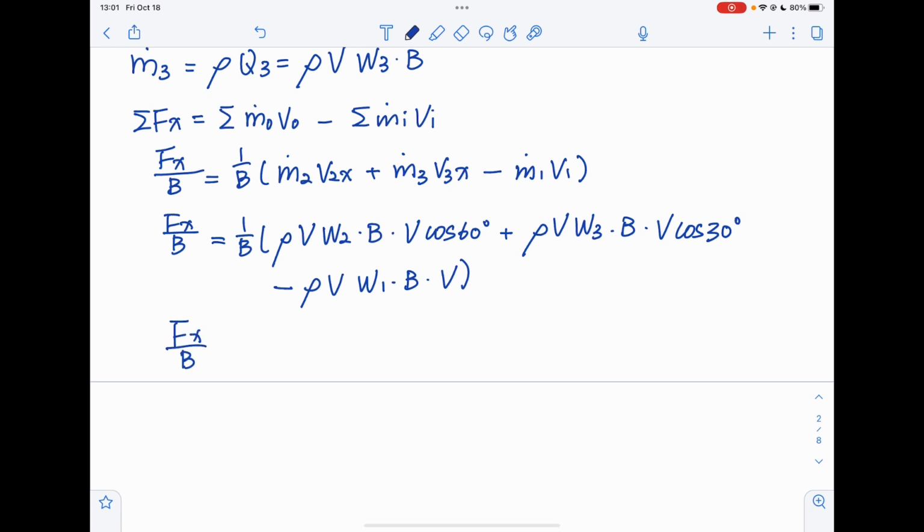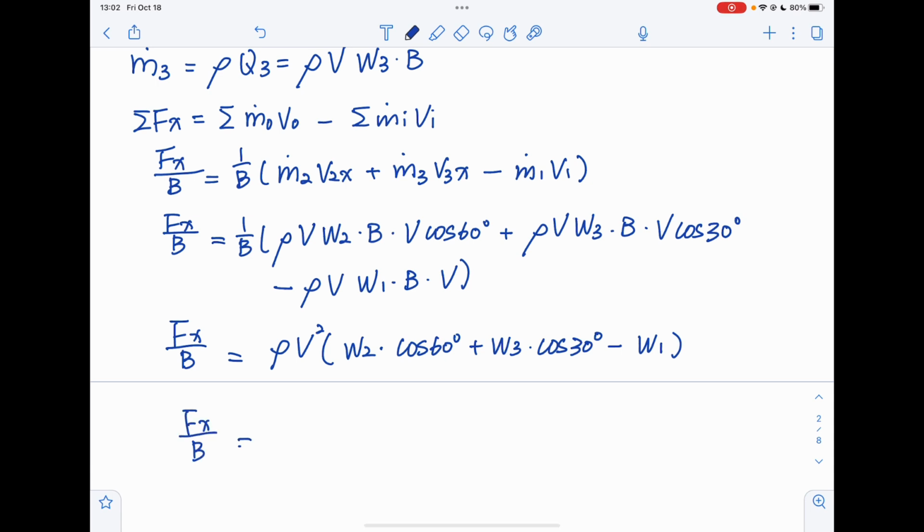Fx over b will equal rho v squared times w2 times cosine 60, plus w3 times cosine 30 degrees, minus w1. Therefore, Fx over b equals